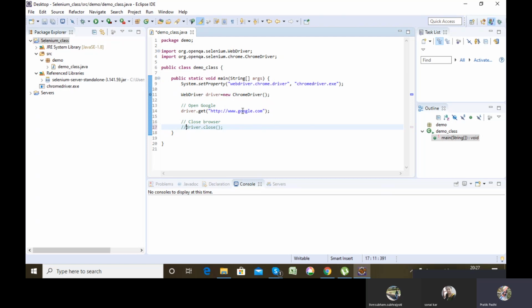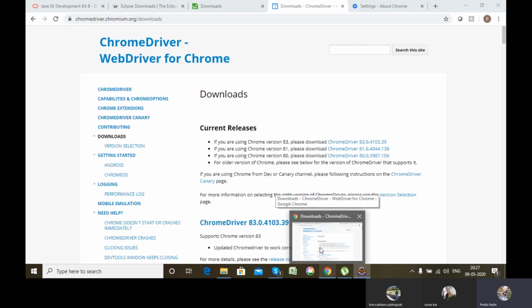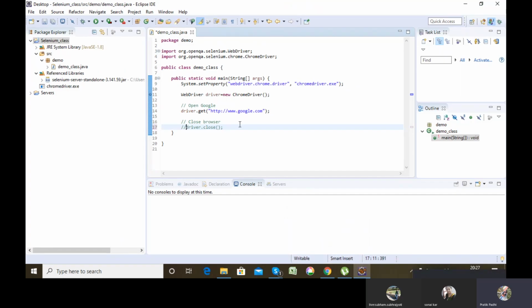For example, if I have browsed Facebook in the Chrome that is present already in my system, that particular cache, password or history will not be present in the Chrome driver which is opened through this WebDriver. WebDriver always opens an instance like a newly installed Chrome in your system. It has nothing saved in it, no history, no cookies. So now let's run the program.